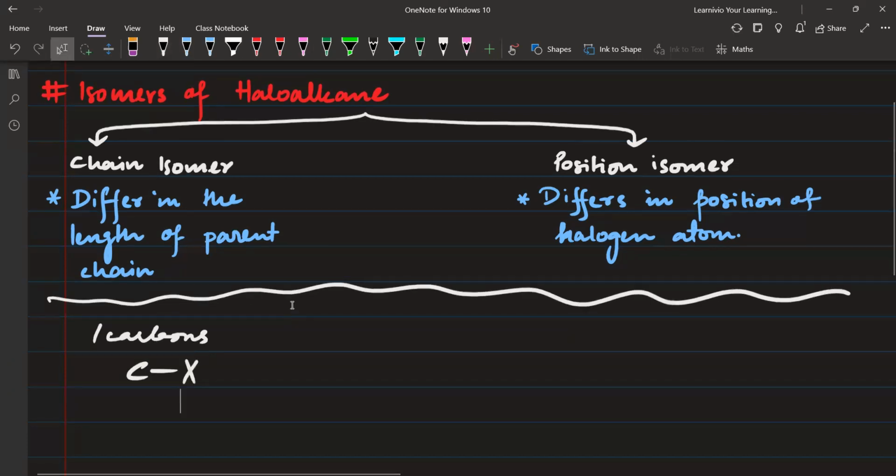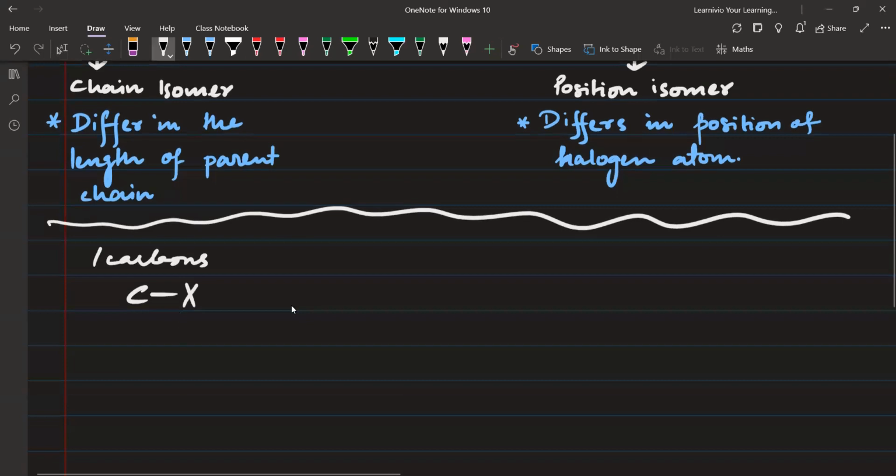So what is the parent chain length? It is one carbon. No matter how you draw it, it will always be one carbon, and on the same carbon atom, halogen will be attached. So you cannot have any other possibilities if you have one carbon. Does that make sense? Amna, Mariam, and Sufyan Taha. If you have one carbon atom, there is only one way in which you can arrange the chain, and there is only one carbon atom to which you can attach the halogen atom. Yes, there are no other possibilities.